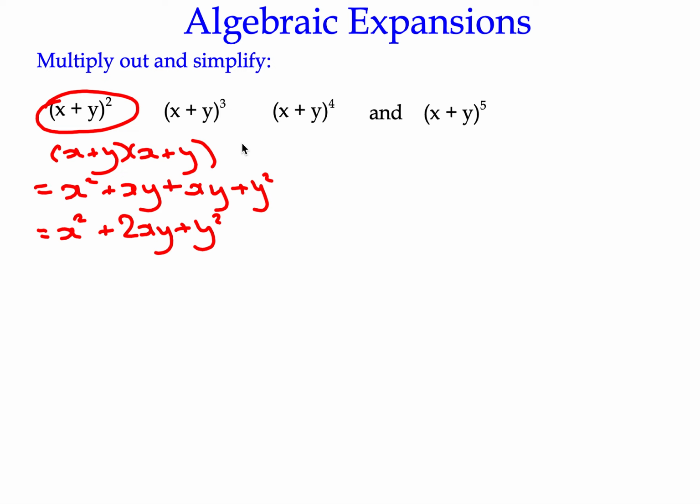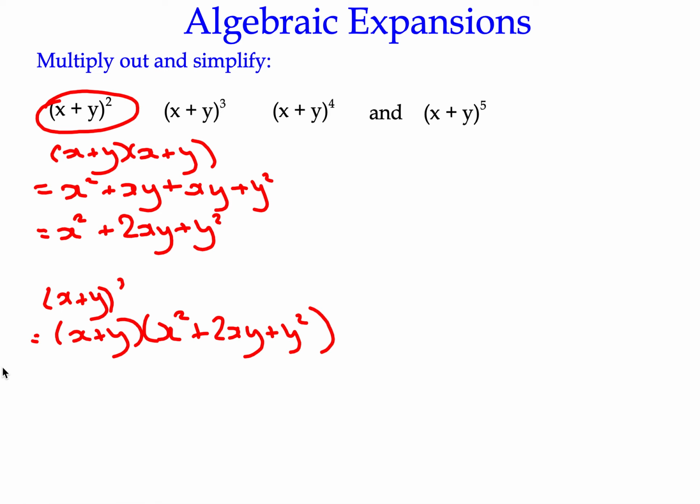If we're doing (x+y)^3, if you're smart, you could just say it's (x+y) multiplied by the answer to (x+y)^2, which we already know is x squared plus 2xy plus y squared, and you'd have to multiply this all out, okay? If you want to have a go at it, you could pause the video and test yourself, because when you start getting on to (x+y)^4 and (x+y)^5, there's a lot of multiplication and there's a lot of places for making mistakes, okay?